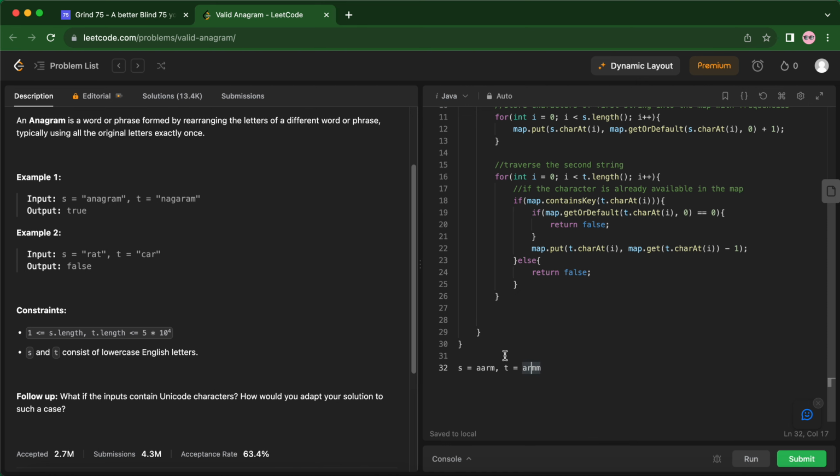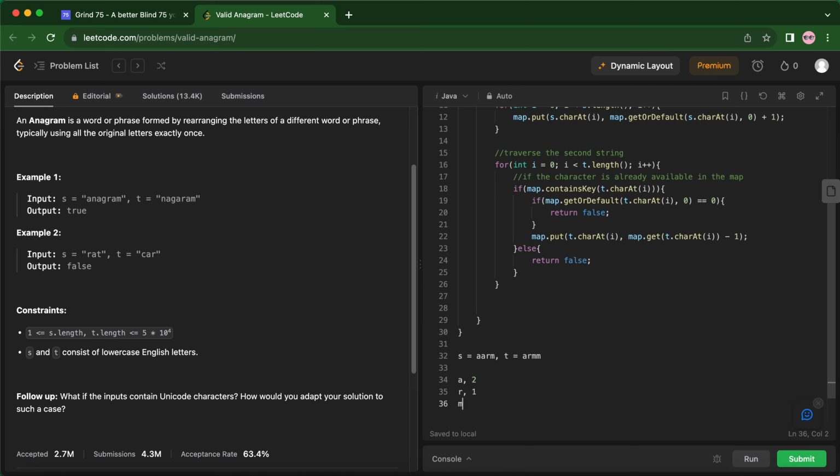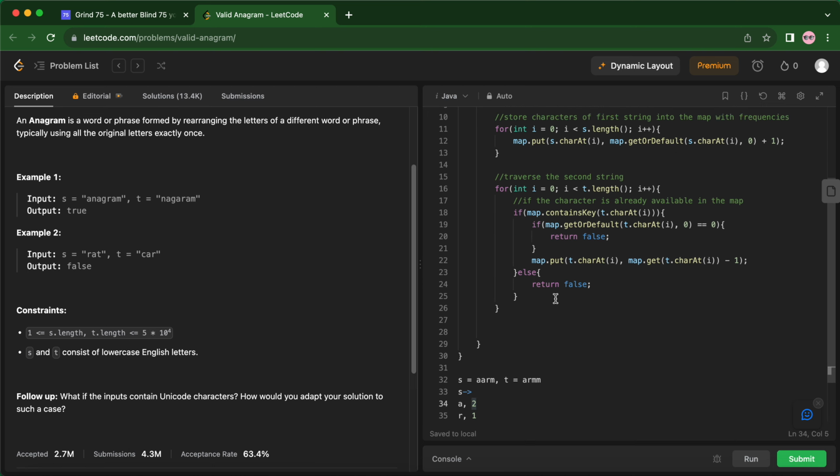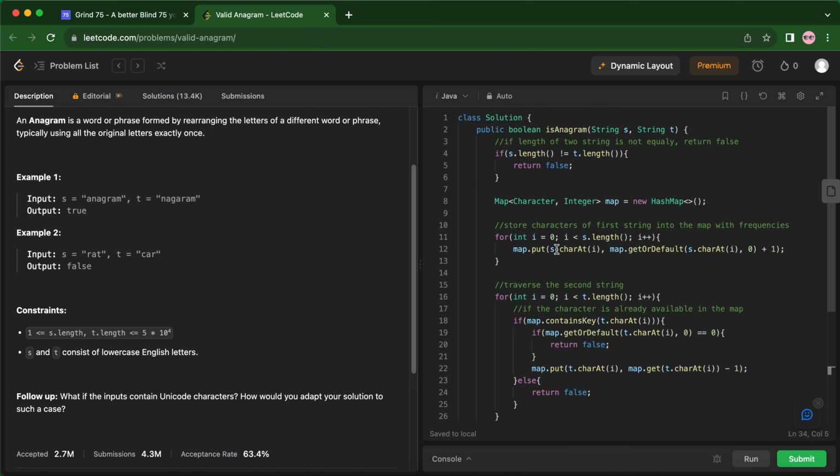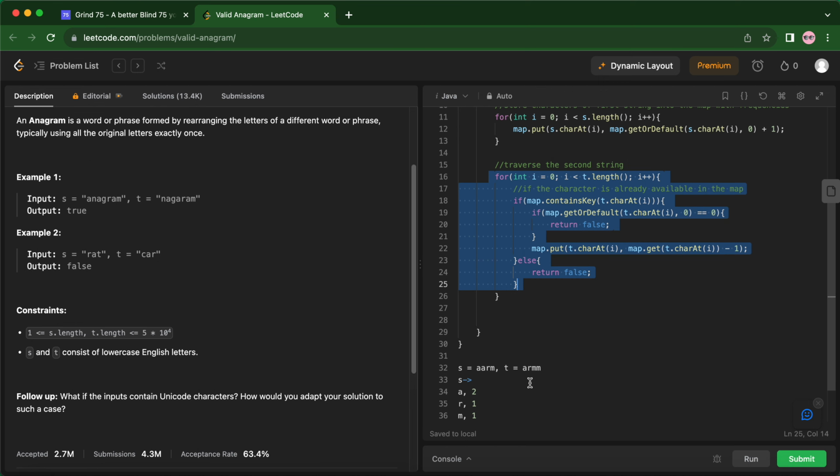So let's say in our hash map we had already stored AARM, so we know a has a frequency 2, so it was stored something like this: a with frequency 2, r with frequency 1, m with frequency 1. This is for s, right? Now when we are traversing our t string here in this loop, what we are doing is first